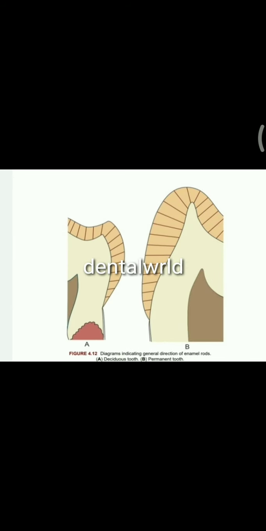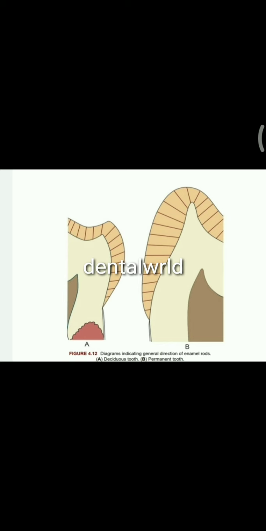Each enamel rod is built up of segments separated by dark lines that give it a striated appearance. Generally, the rods are oriented at right angles to the dentine surface. In a deciduous tooth, at the cervical central part, they are approximately horizontal near the incisal edge at the cusp tip. They change gradually to increasingly oblique and almost vertical in the region of the edge or tip of the cusp.